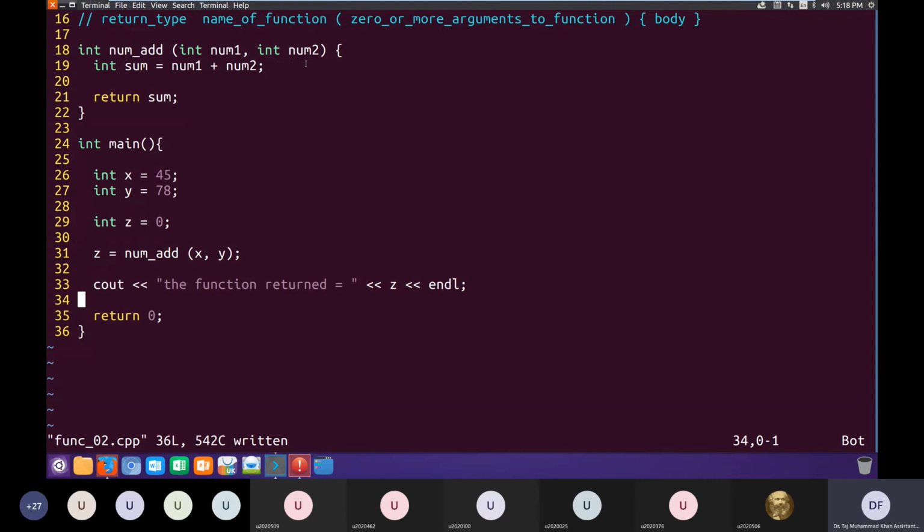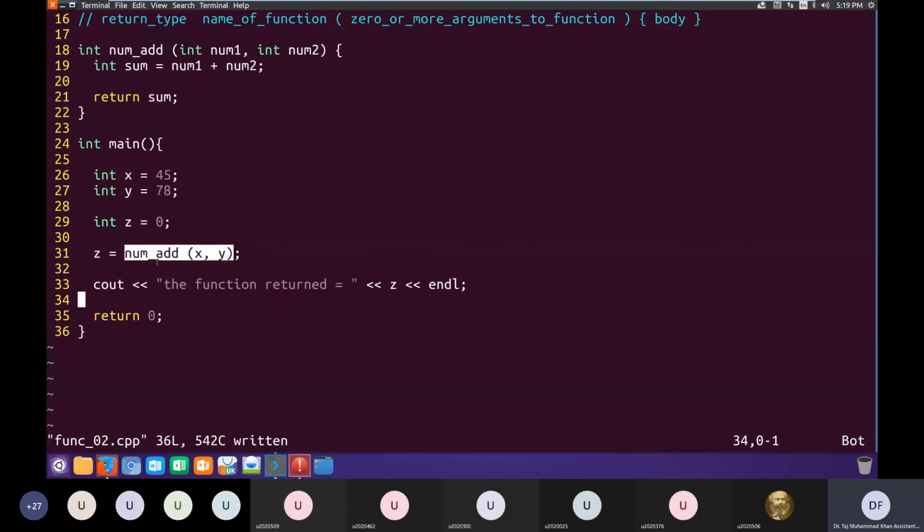And then this function will be executed. What it will do, it will basically add these two values, num1, num2, and then it will store the sum in sum and return the sum. So the return value that this function is producing, giving us back, is this value sum. So the return value basically replaces the function call in a statement.